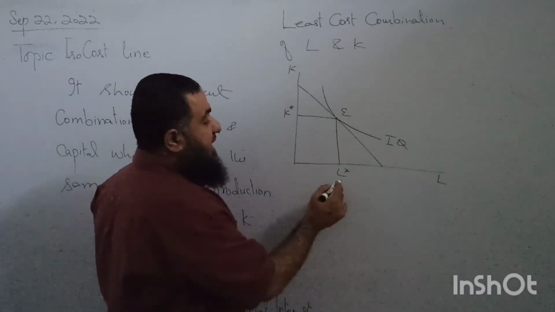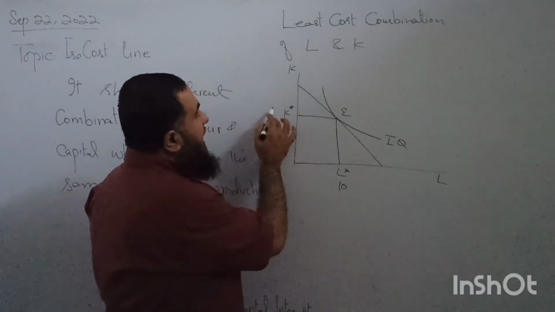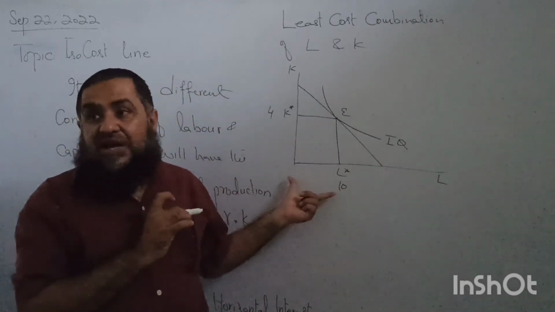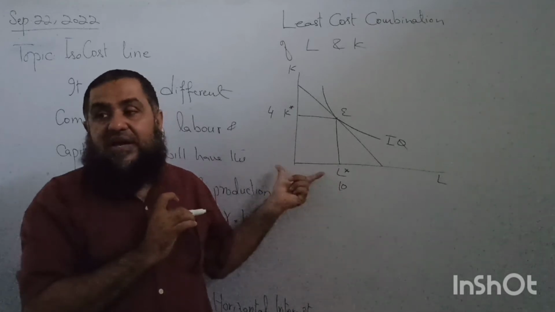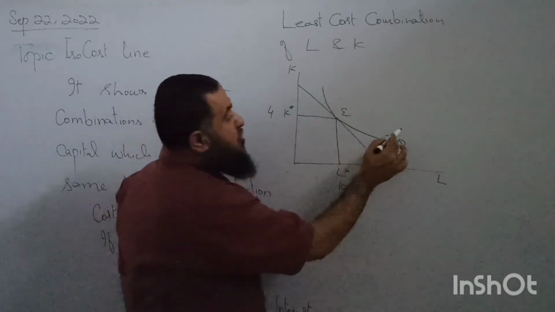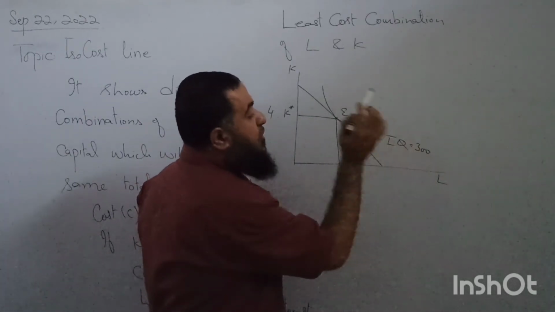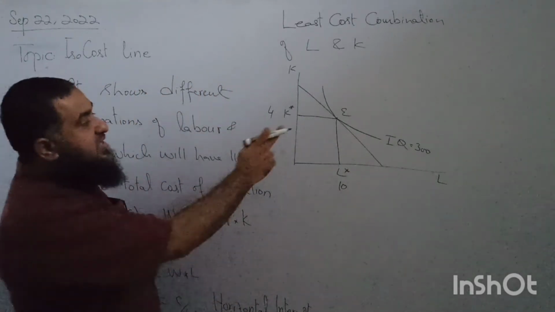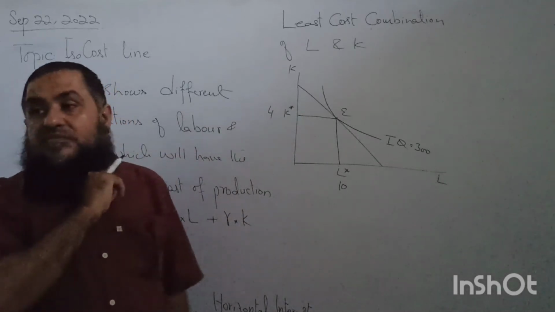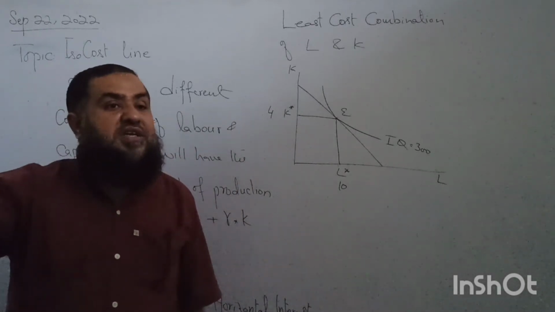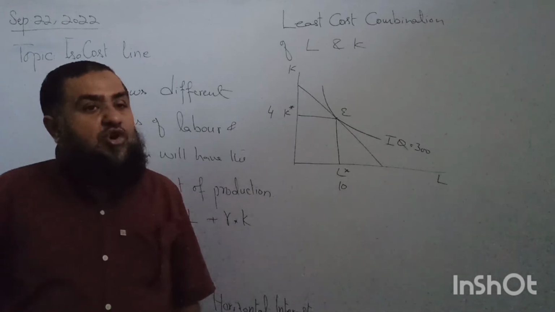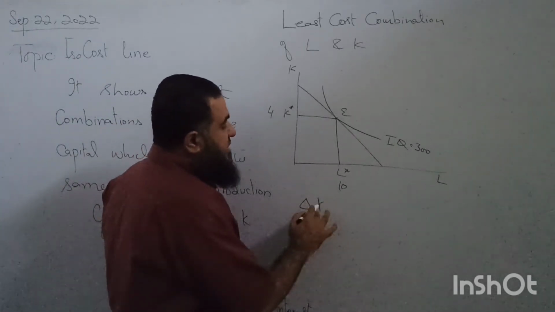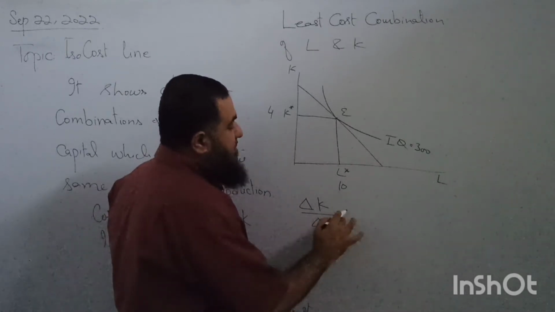For example, he is hiring 10 workers and 4 machines. At this combination of labor and capital, he is able to produce 300 units of output, where his cost of production will be minimum. So what is happening at this equilibrium? The slope of the isoquant is equal to the slope of the isocost line. Can I write it in this way? Change in capital over change in labor is equal to